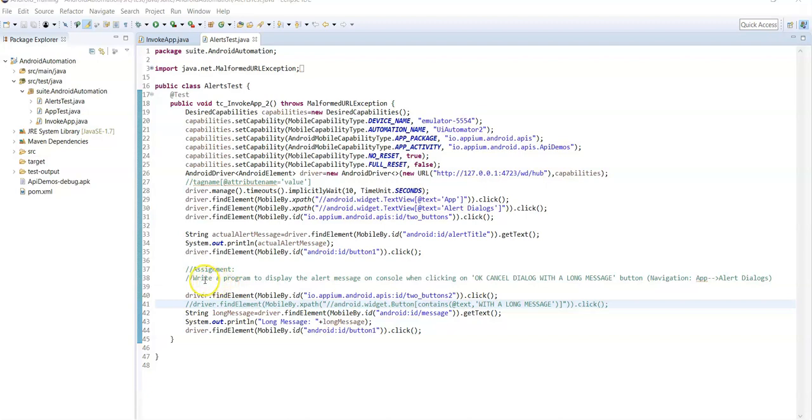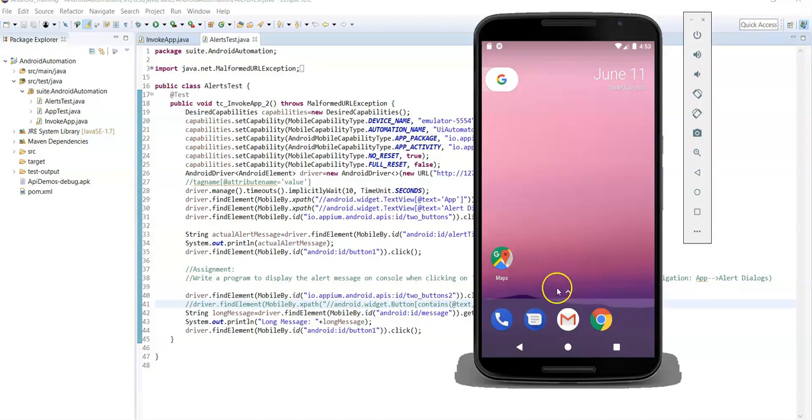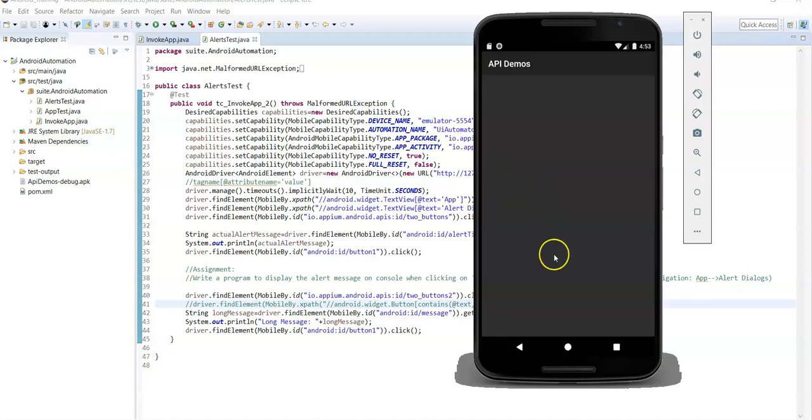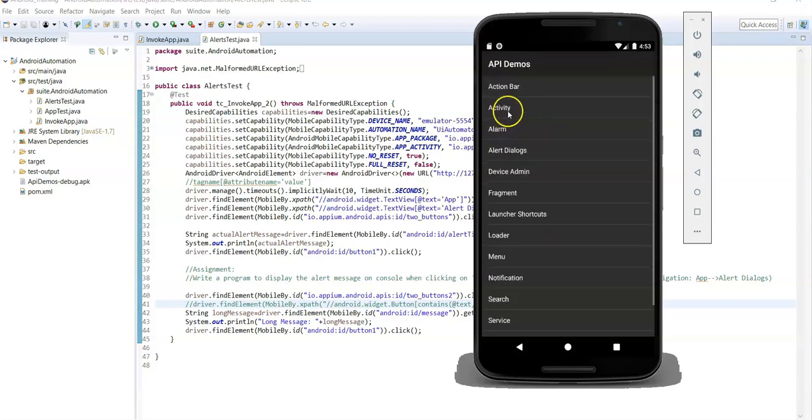The assignment is: write a program to display the alert message on the console when clicking on the OK Cancel dialog with a long message button, right? So first you need to identify the locator for the OK Cancel dialog with a long message button. You already identified the locator for App and Alert Dialogs, right?